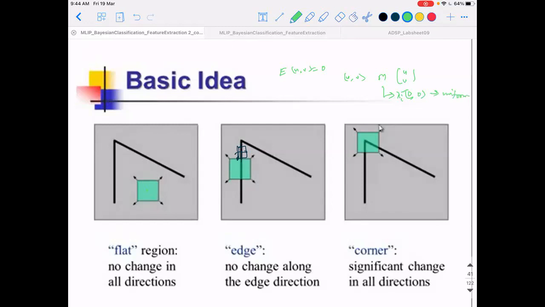Okay, in this case now, assume that if you move in any direction, there is some variation. So what I'm saying is, in this case, u comma v is equal to, for all u comma v, I'm just giving a hypothetical example, if for all u comma v it is equal to 10, it means that this matrix M has eigenvalues lambda 1 and lambda 2 greater than 0, and in both directions lambda 1 and lambda 2 have to be equal.